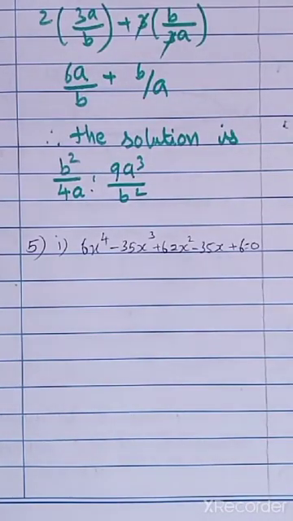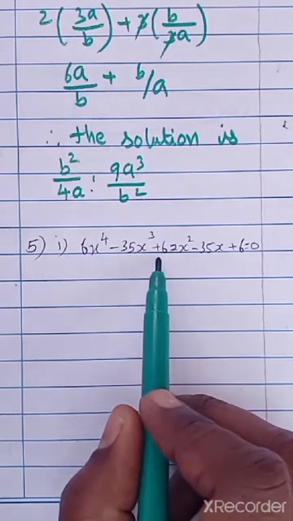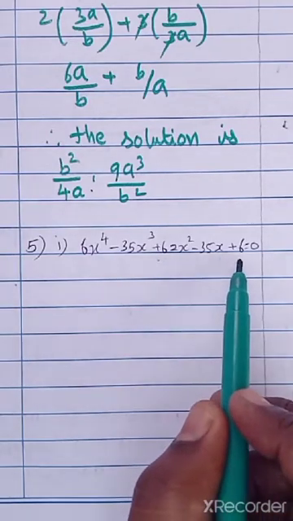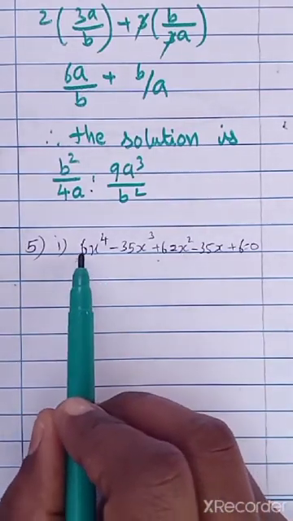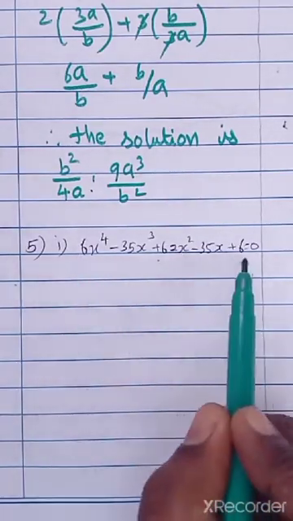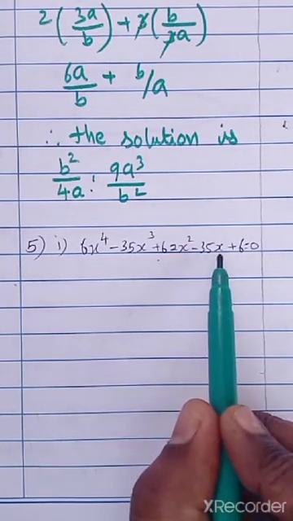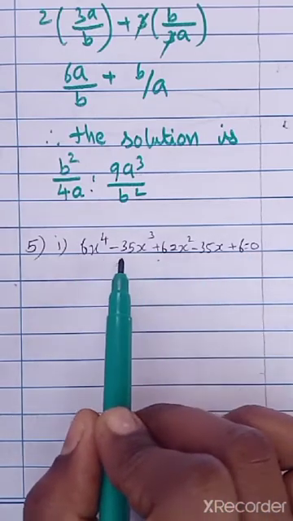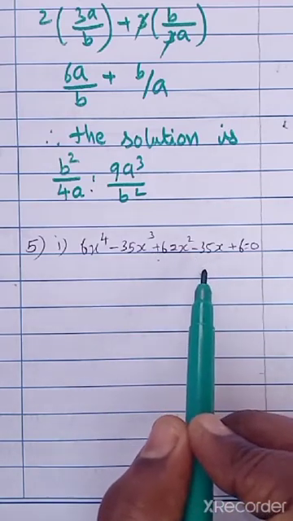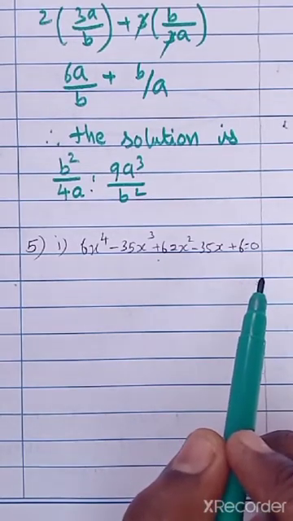And your fifth question, solve the equation. So here it is given that 6x power 4 minus 35x cube plus 62x square minus 35x plus 6 equal to 0. Now look at here. First term and last term are equal. 6, 35, minus 35 are same. So if the coefficient of a naught, a n minus 1, a n minus 2 are equal now, what method we can use? Yes, a reciprocal method we can use.